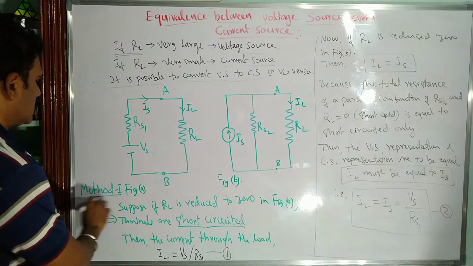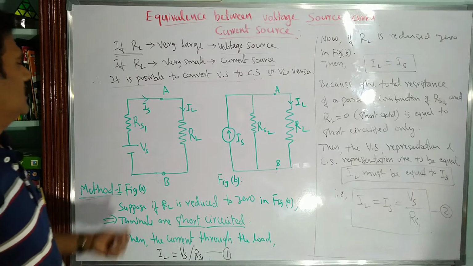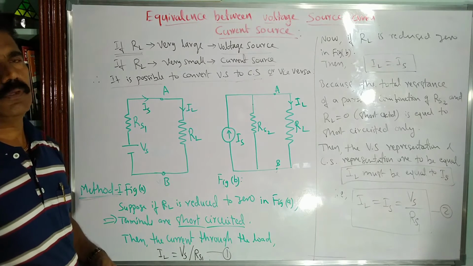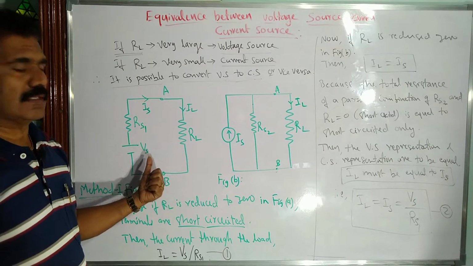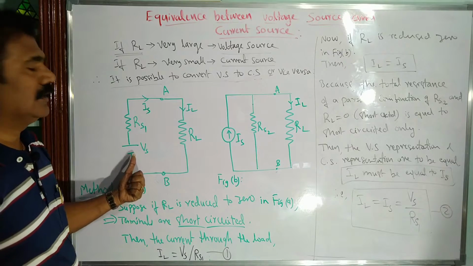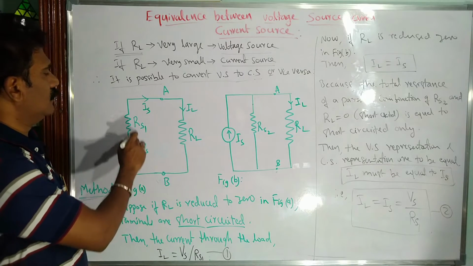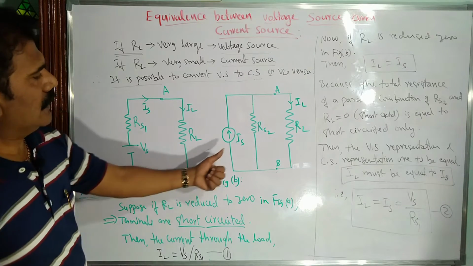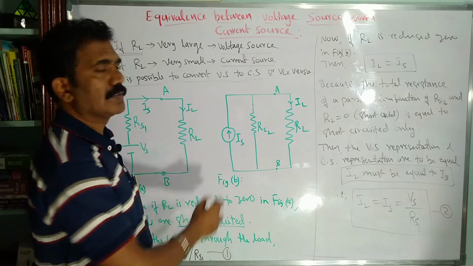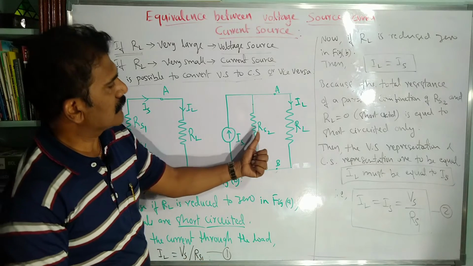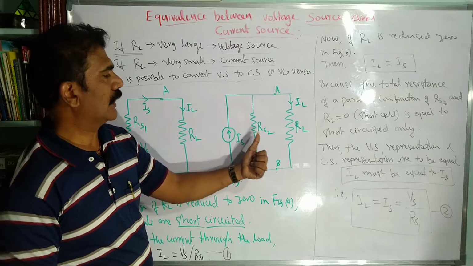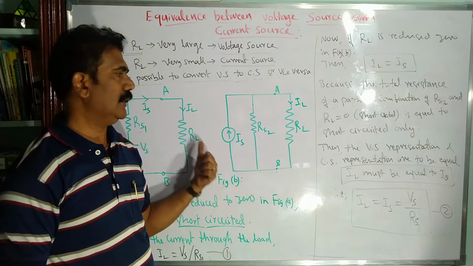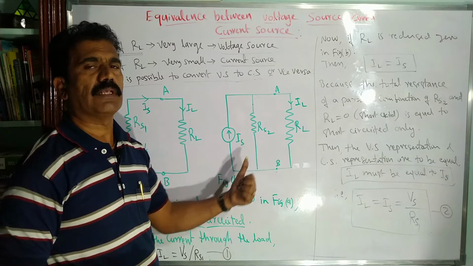In the first method, we consider a given circuit with the internal resistance RS1 and a load resistor RL. We connect it in two manners here. In the first figure it looks like a voltage source, because the source is connected to the internal resistance in series. Whereas here the source behaves as a current source, where the internal resistance is connected in parallel. Normally it is connected in parallel with the given source in the case of current sources. RL is the same in both cases, so these two circuits are obtained from the same given source.